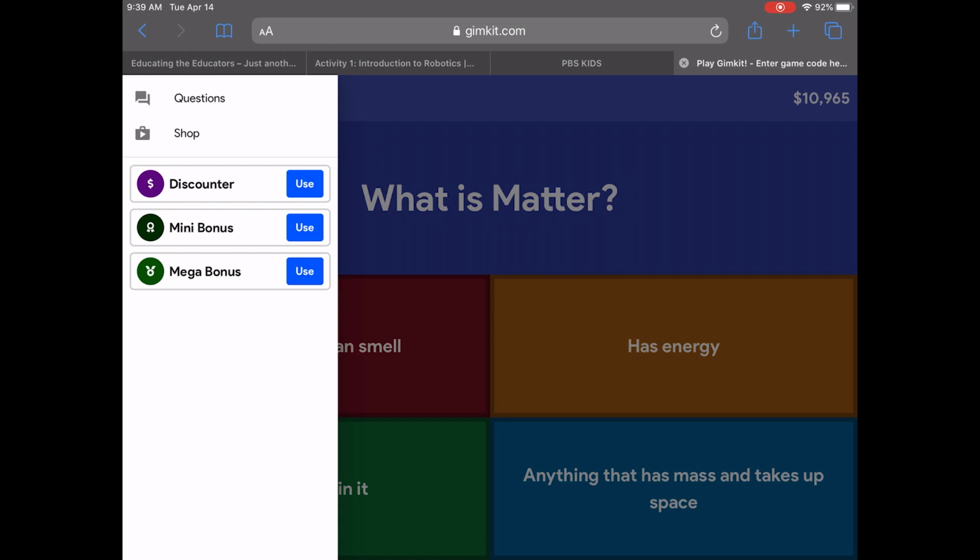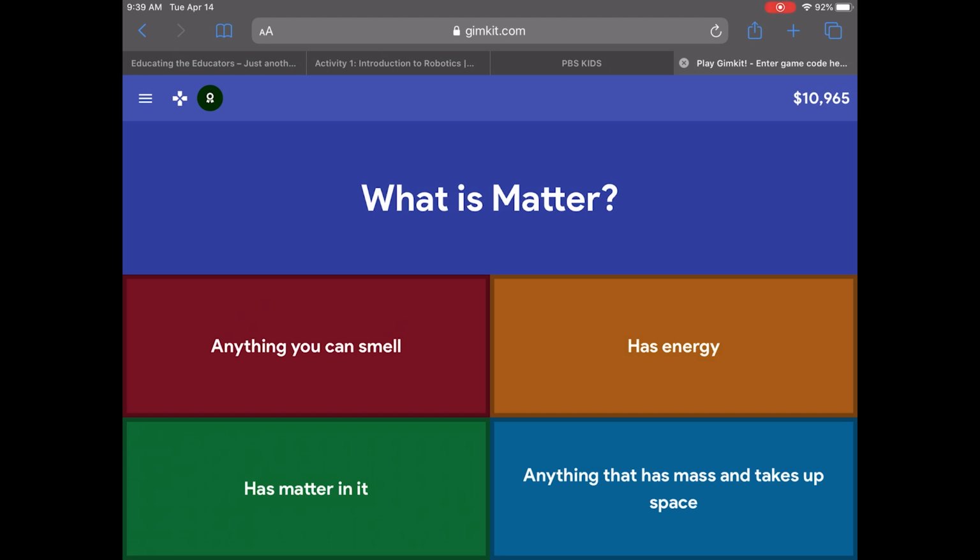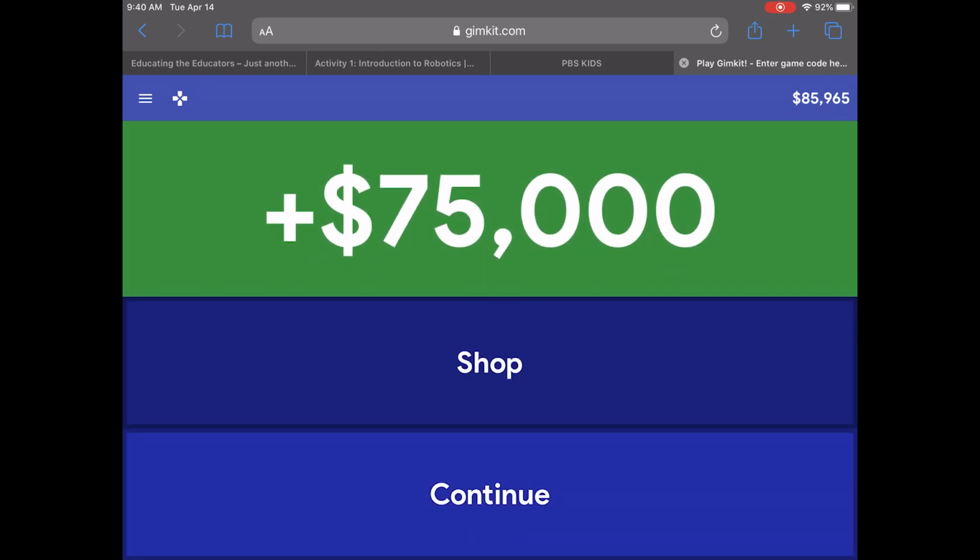Okay, so let's use our mini bonus. Let's use our mega bonus. Okay, and we're going to apply those to answer this question, and that is going to multiply our points by 10. So let's do that real quick, and then watch how much money I earn in one question. So that's going to net us